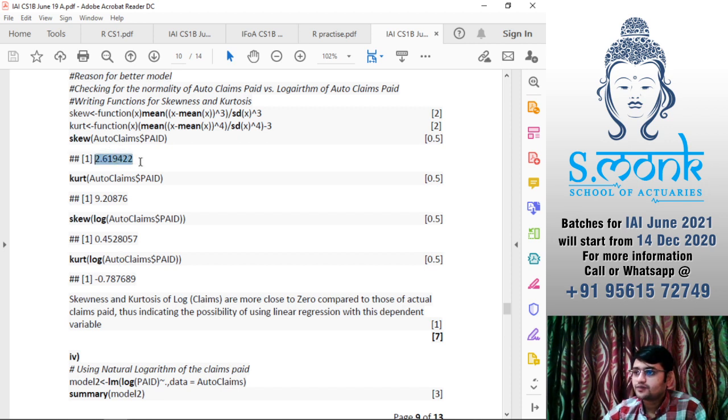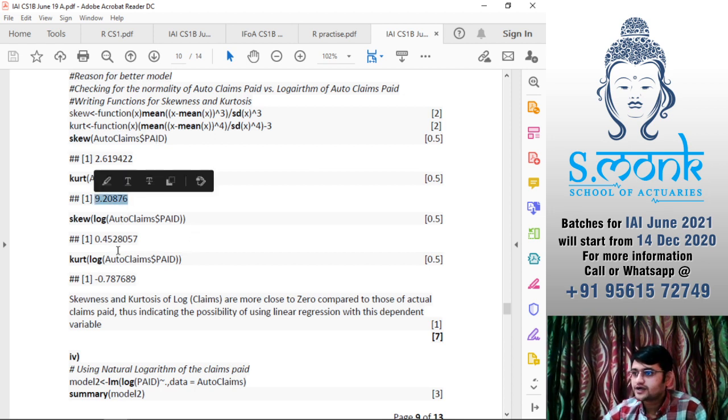Paid was positively skewed beforehand. Now for log paid it is almost close to 0, so you can say it is near to a normal distribution. Log is better at being normally distributed than without log. Kurtosis is the same thing.